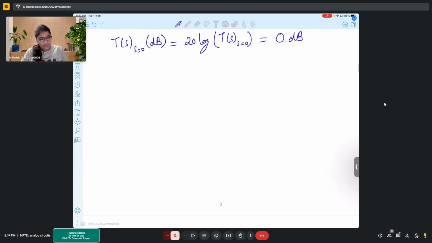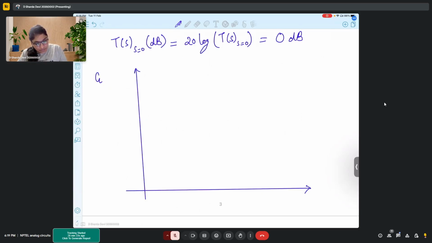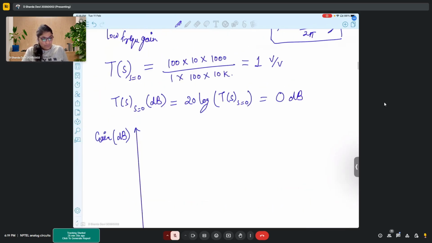So now let's try to plot our transfer function across frequencies, which is basically the Bode plot, right? So here we will write gain in dBs, and here we have frequency and writing in radians. Okay,